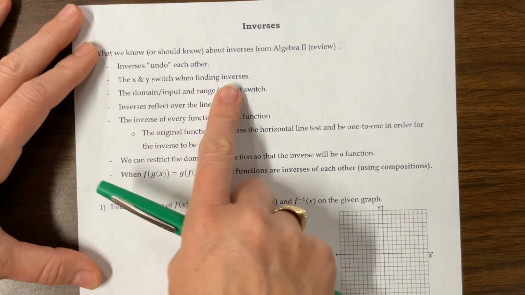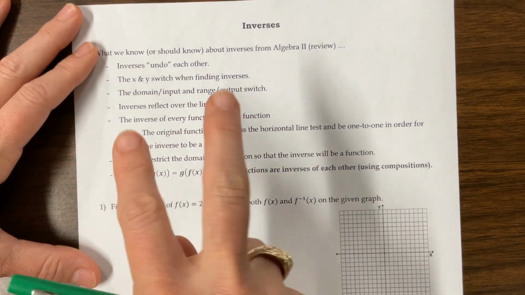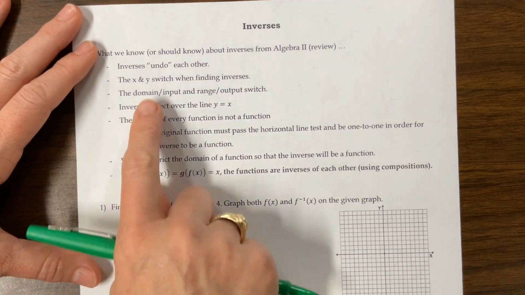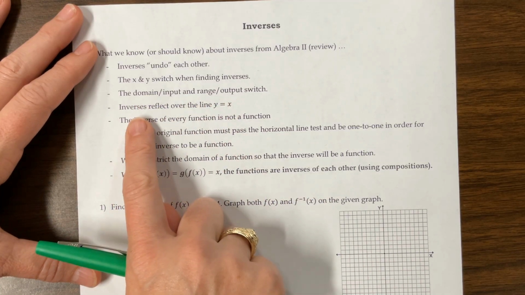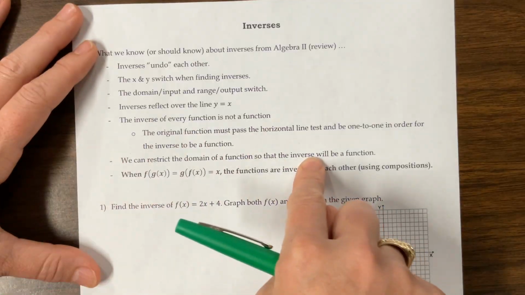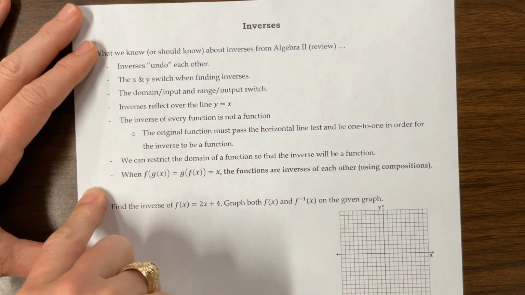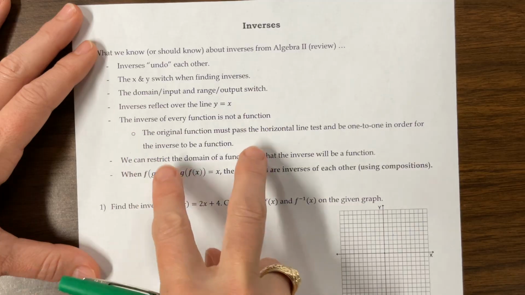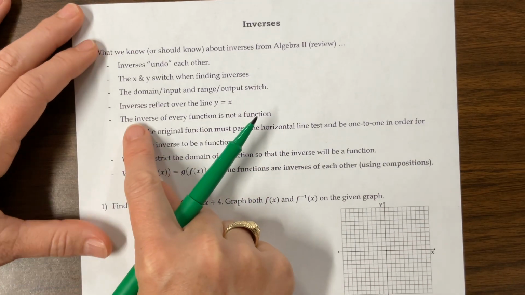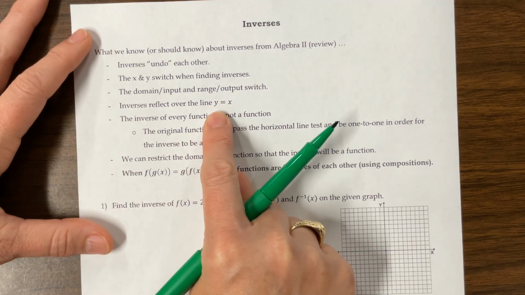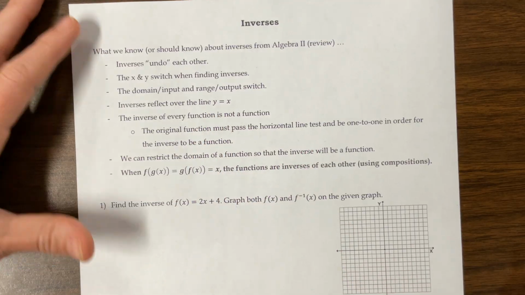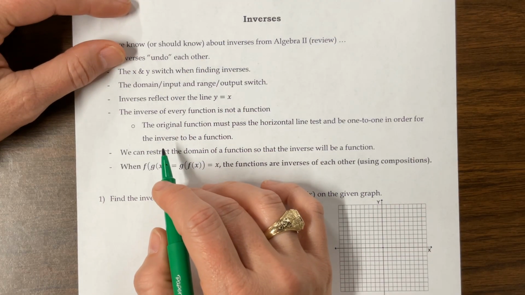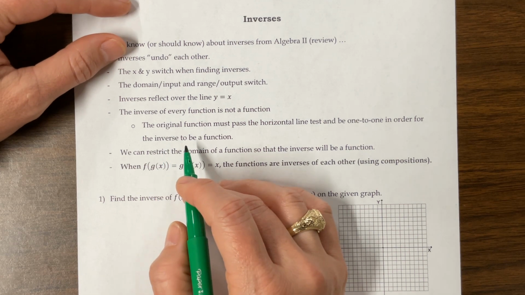The next thing, the x and y switch when finding the inverse. What is x in the original becomes y in the inverse. The domain, the input values, what is the domain in the original becomes the range in the inverse. What was the range in the original becomes the domain in the inverse. So everything, x and y, they switch. It's also been reflected over the line y equals x. Okay, so what we're going to find is that just because you have a function, it doesn't mean its inverse